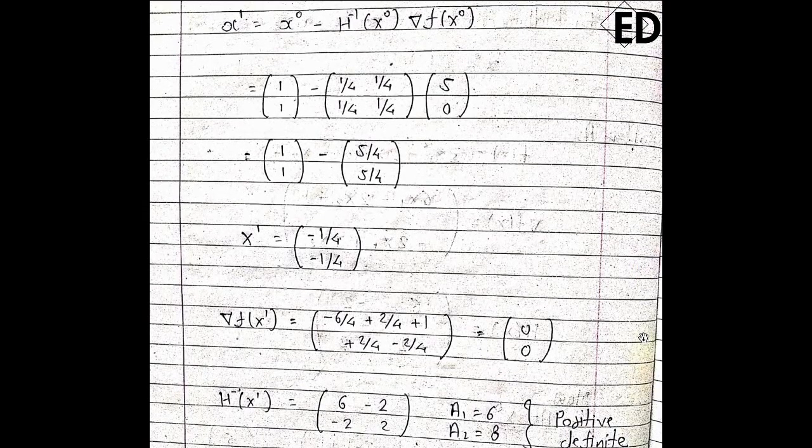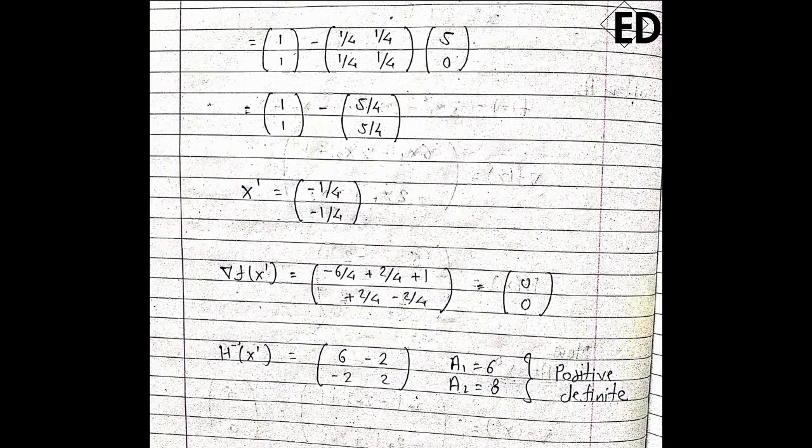After calculating the x1 point, we have to see whether it is our minimum point or maximum point, because we don't know. We just initially considered x0 as our minimum point, but we don't know whether it is minimum or maximum. So how do we calculate it? After getting our x1 point, meaning the next best solution point, we calculate the gradient, and that gradient equals 0 if it is a minimum point. At a maximum point, the gradient is also 0. But how do we decide? We calculate the Hessian matrix.